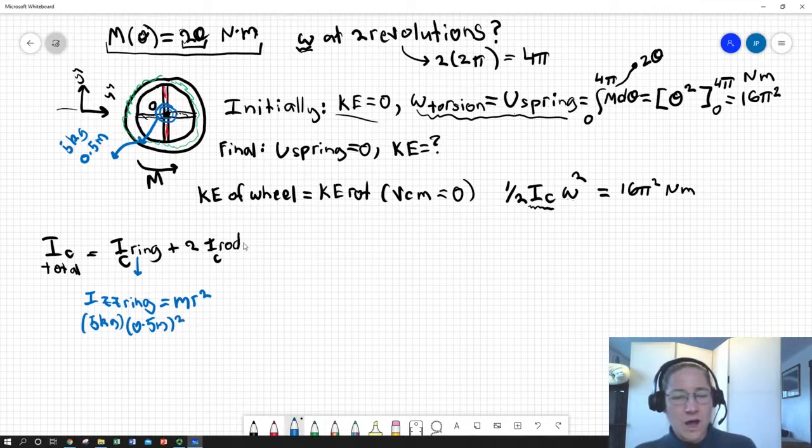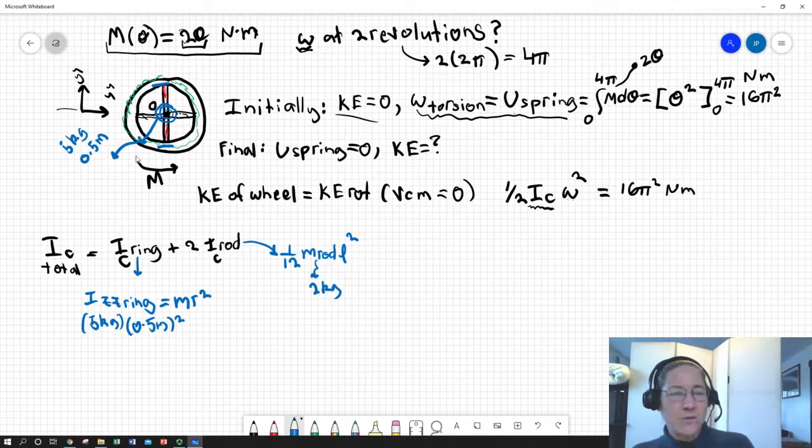Now we've got our rod. The moment of inertia of a rod about its center is 1/12 times the mass of the rod times the length of the rod squared. We were told in the problem that the mass of each rod was 2 kilograms, and the length of each rod is the radius of the wheel times 2, so 1 meter, squared. And we're going to have 2 of these. So if we add all those together, 5 kilograms times 0.5 meters squared, and then 2 of 1/12 times 2 kilograms times 1 meter squared, we get